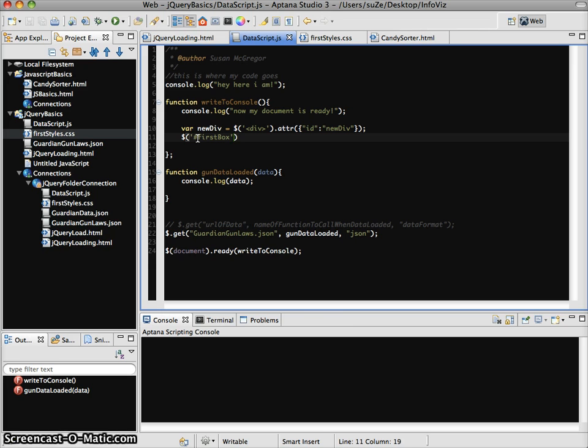I am the programmer, I am the repository of knowledge. I know that there's a div called first box. Okay, and then I'm going to use this append function. Append sounds like pushing something onto the bottom of a list, and in a way it is, except in this case, we're adding a div box to another div box, right? We're putting one div inside the other, and stacking and nesting these boxes inside each other is going to be a big way of how we create our pages. So again, a little bit on faith here, I know, but what I'm going to say is, in this line, hey, jQuery,